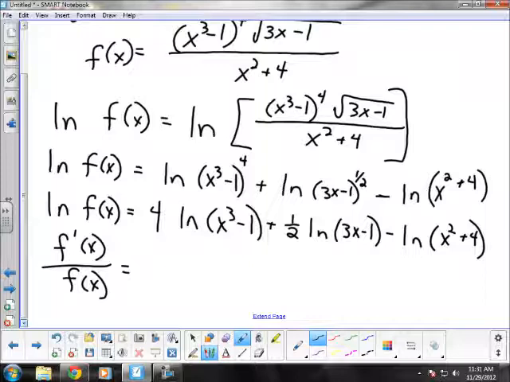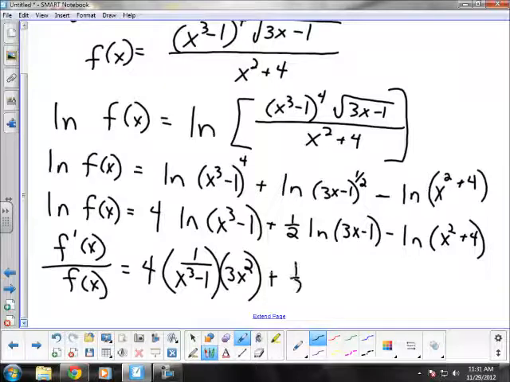I took the derivative of it. So it's what? 3x squared, times 3, over